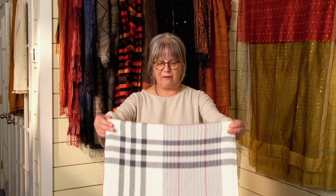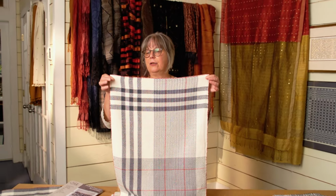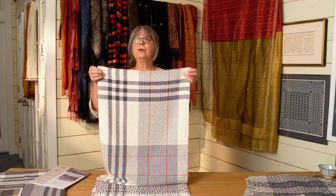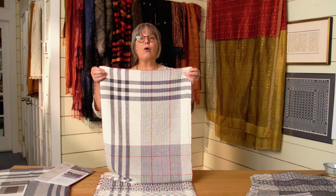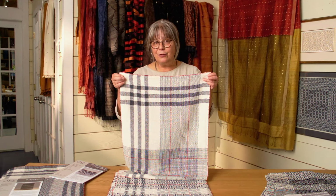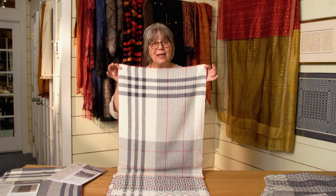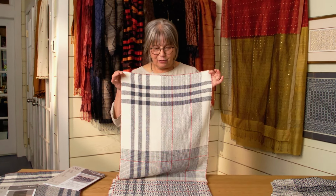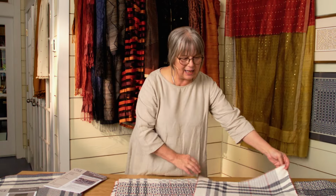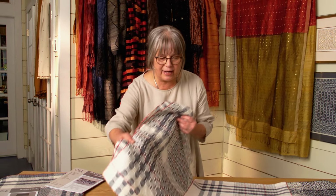So I chose a different graphic this time. But this is a graphic that is sort of familiar to you. It speaks to the asymmetry graphic or to the Log Cabin graphic that we did way back in season 3. We did asymmetry in season 2. That sample inspired the Log Cabin graphic that we did in season 3, and now that graphic is inspiring this in season 8. So that overlay idea is so cool because we're creating a library where everything's